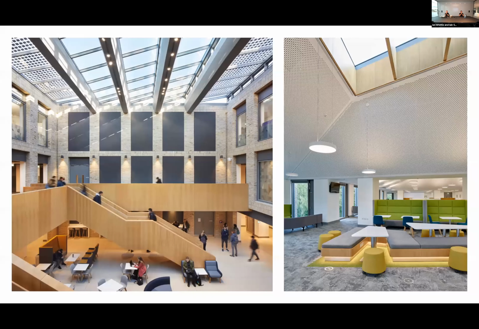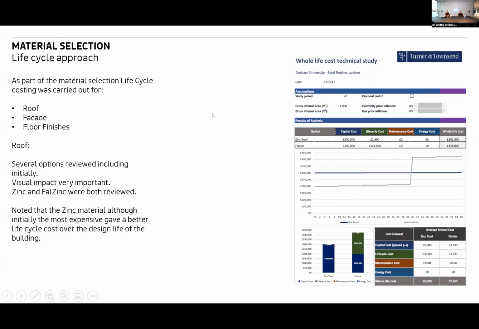And each of these triangular roof lights, which was lined out in timber panelling, informed a different bespoke piece of furniture, forming the centerpiece to each bay. And one of those is shown in the image on the right there. So each space has a bespoke piece of furniture at its center that provides a slightly different function. So at that point, I'll hand over to Ian. We'll talk about how we realised and delivered that in terms of the materiality and the products and the